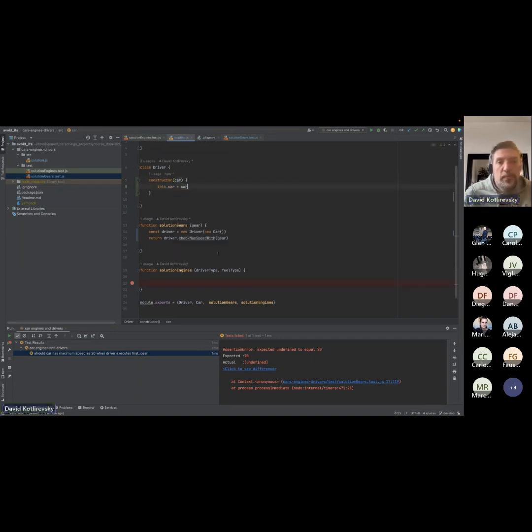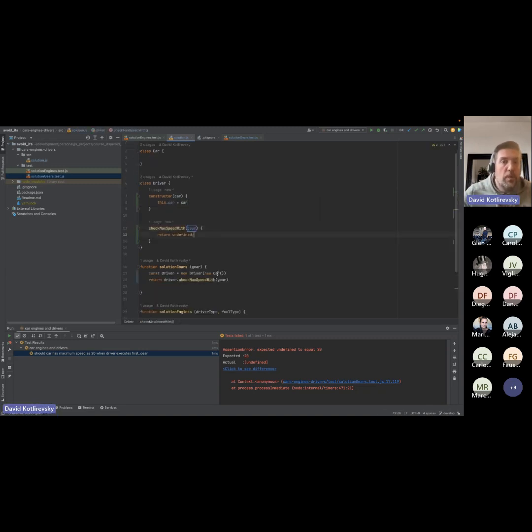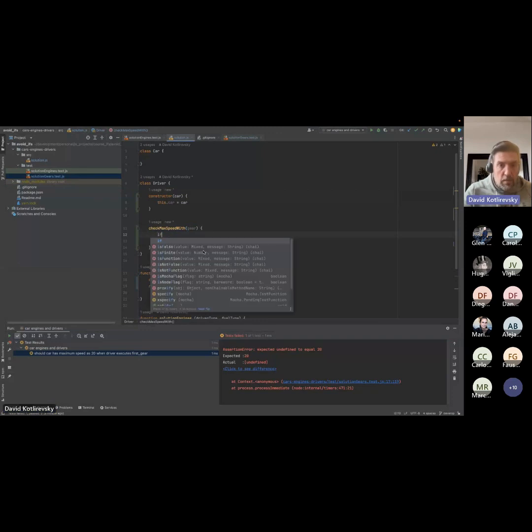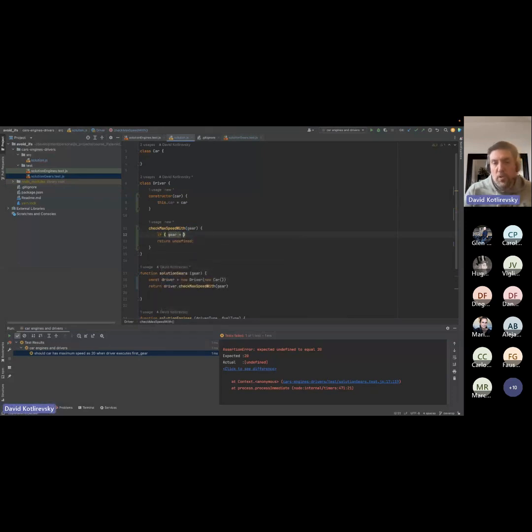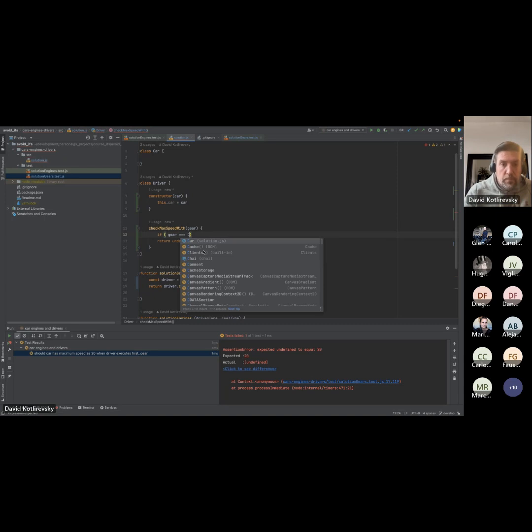Okay, and the check max speed is a method that will go here, and the gear. Okay, so let's solve the first test. It said here, if gear, let's use context because it will be easy later to refactor the things. Okay, if gear car first gear,